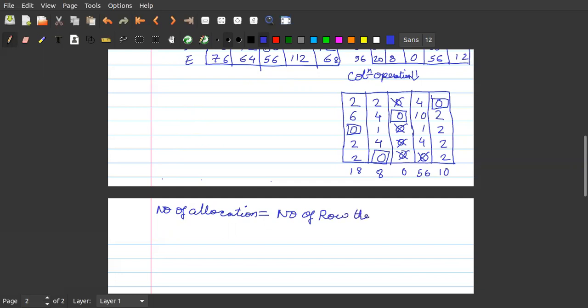Then only the solution is optimal, isn't it? But is it the case? No. Which row is not having any allocation? Row number 4. Which column is not having any allocation? Column number 4. Yes.